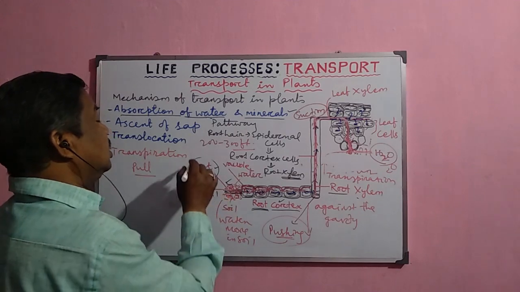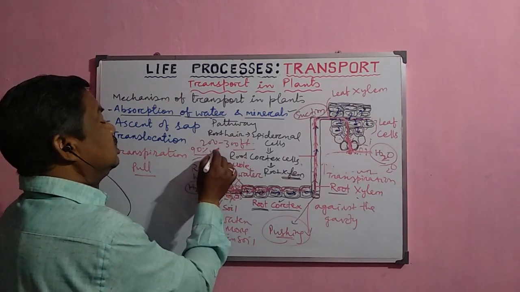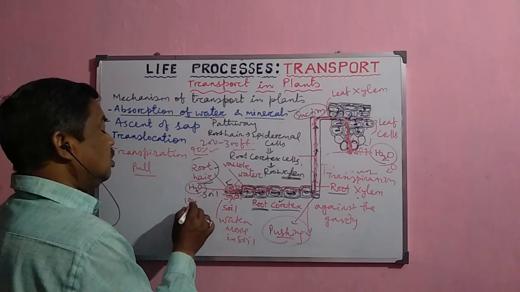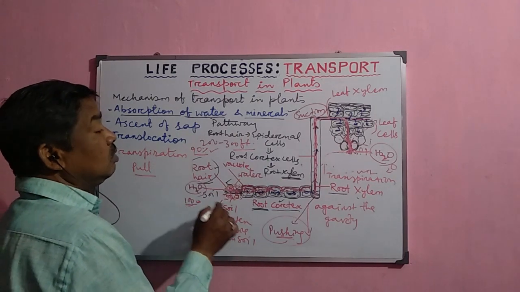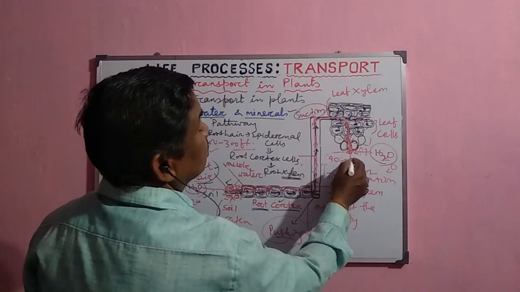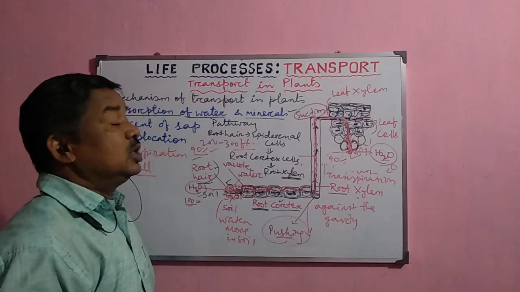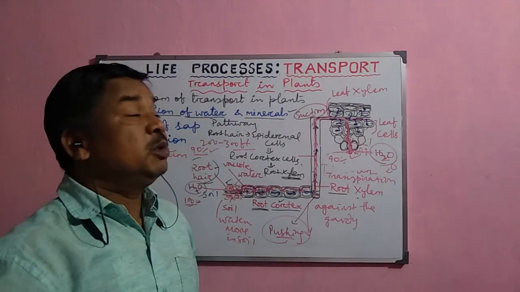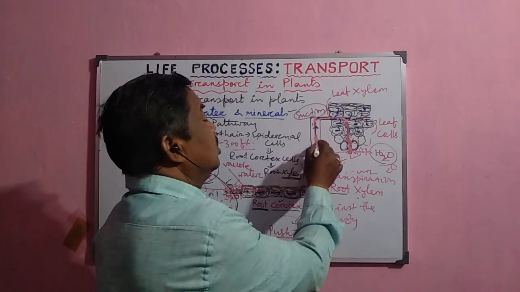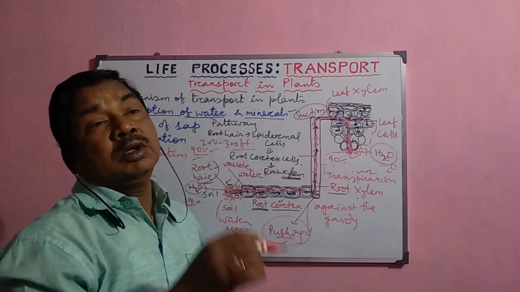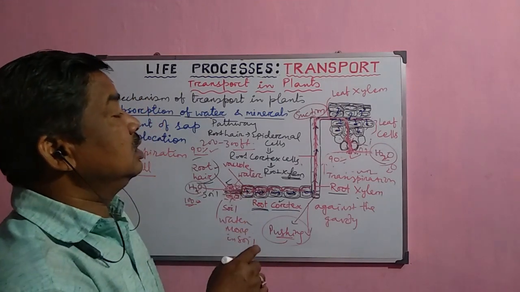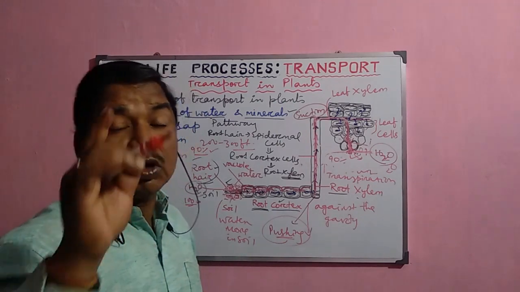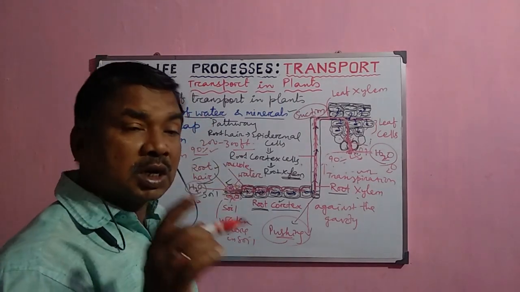it is going on. More than 90% of the water which is normally absorbed by the plant, suppose here 100% is absorbed, but out of this 90% is lost in the form of transpiration. Then why is it absorbed by the plant and why is it lost to the environment? Because to create this pressure, the transpiration pull pressure, normally this much water is lost in the form of vapor through the stomata, and that process is called transpiration.